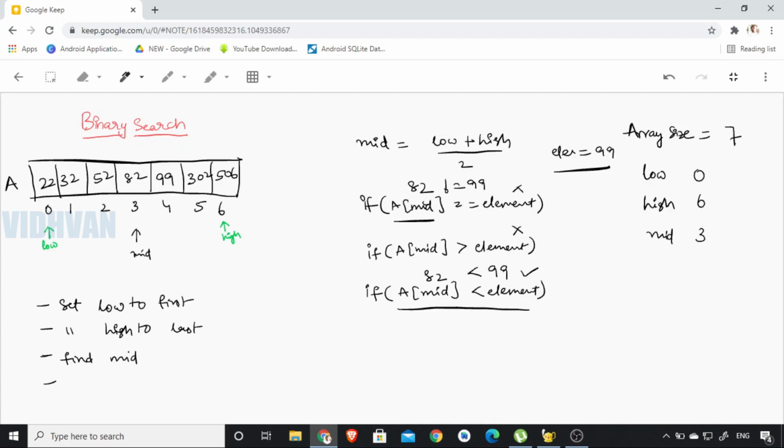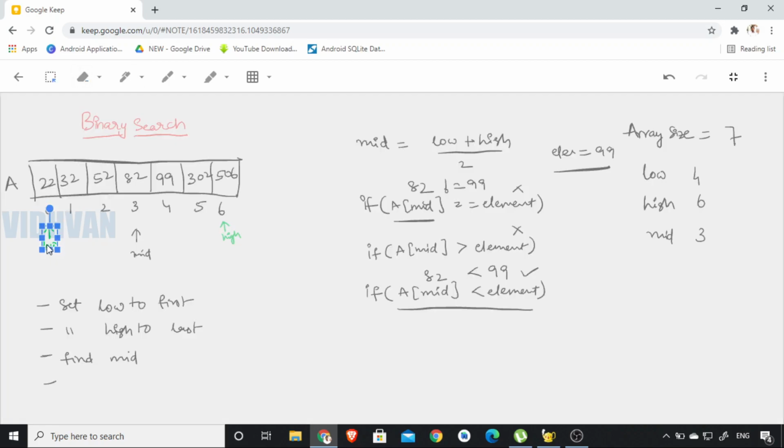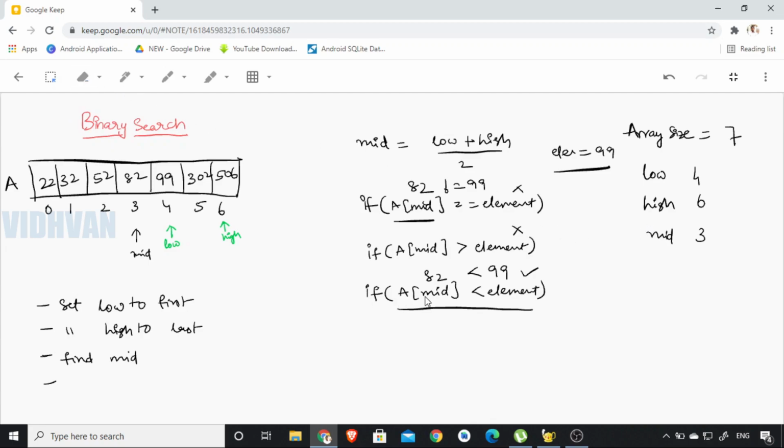So while this condition is true, what we will do is we will bring the low to mid plus 1. So the low is currently pointing to 0 and mid plus 1 will become 4. So low will be pointing to the fourth index of this array, and low is brought to the very next position of the mid. Again, the same loop repeats. Okay, we will discuss about the loop condition later on. Again, mid value should be calculated using the same formula. So low is 4, high is 6, by 2 yields 5 because 4 plus 6 is 10, 10 by 2 is 5. So mid value is now 5. So mid is brought to the fifth index of this array.